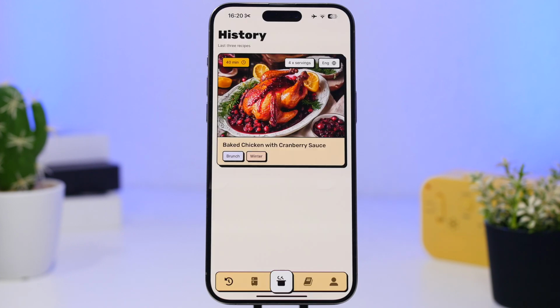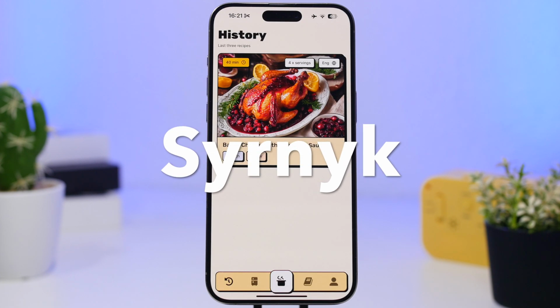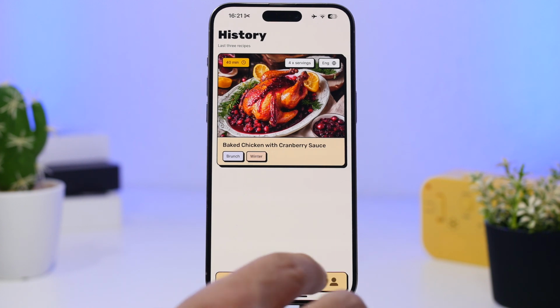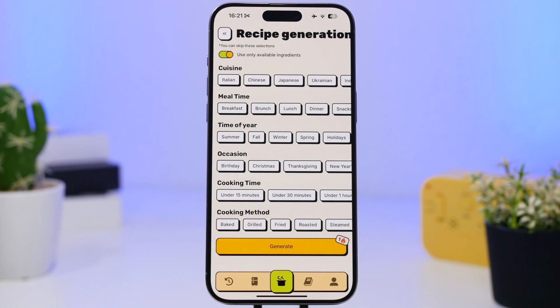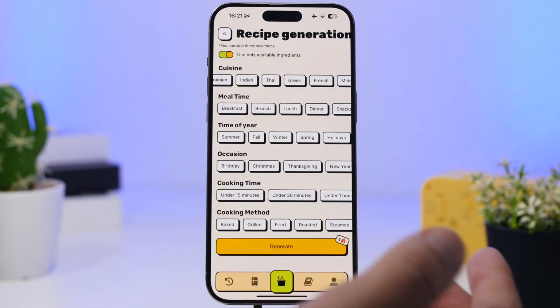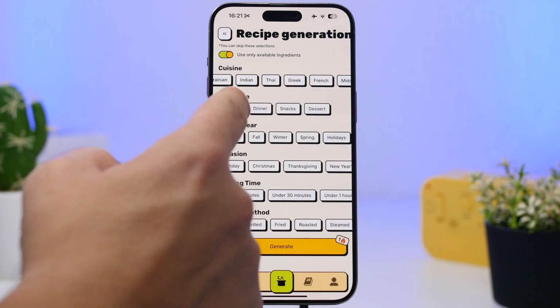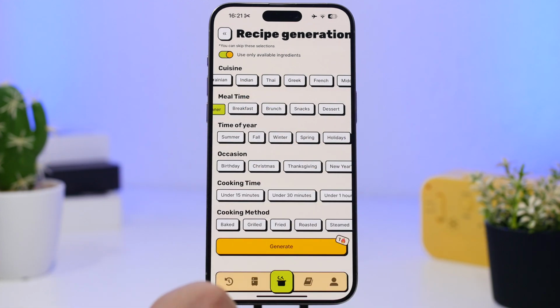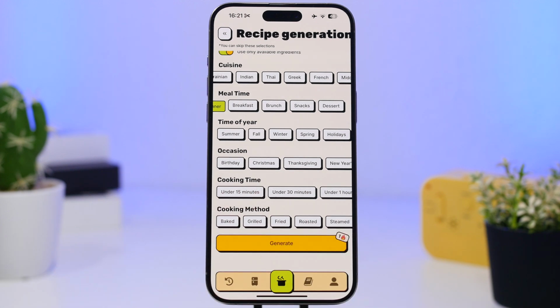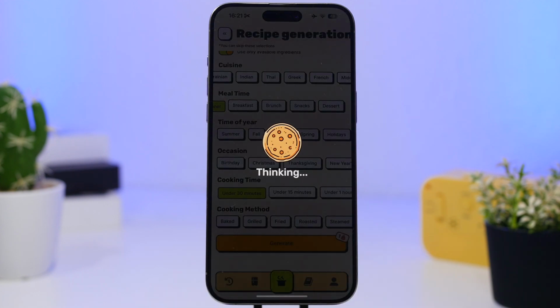The next app is a cooking app that allows you to create recipes out of the things you have, or maybe just out of an occasion that you have. The app will do everything for you. It is actually really interesting. So what you will have here is a main button where you can just tap and go ahead and start cooking from here. So you will have different cuisines you can choose from right there. And then once you have chosen something that you want, what you need to do next is just go ahead and add the meal times. Maybe you want dinner or lunch, whichever one you want, you select it right there. And then you can also choose the occasion, the cooking time, how fast you want to do it. Let's say under 30 minutes here, and then just tap on generate, and based on the input that you have added there, it will create you a custom recipe with every detail, every step you need to take in order